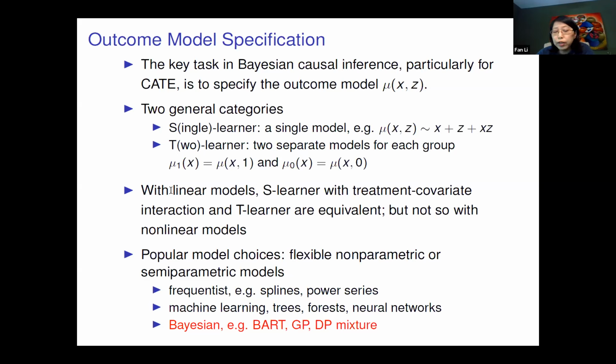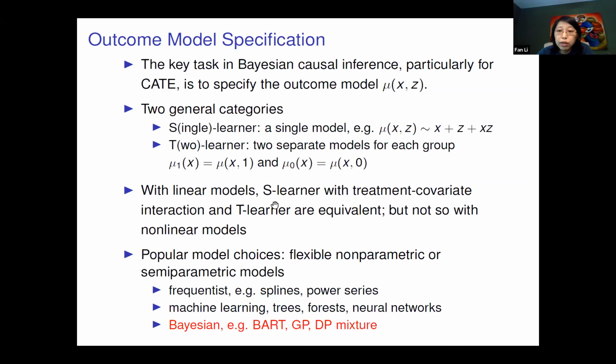And for linear models, the S learner and the T learner, especially if you have an interaction term, are essentially equivalent. But this is not the case if we use nonlinear models, more complex models like tree models, right? With the same type of models using an S learner or T learner, you might have